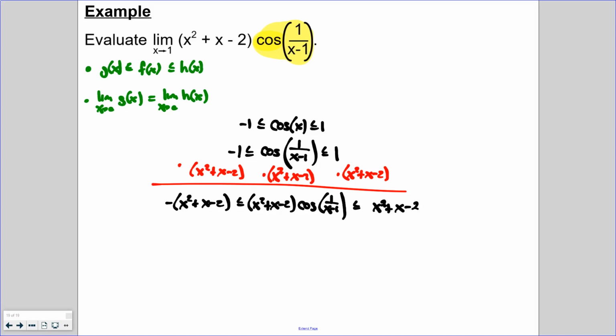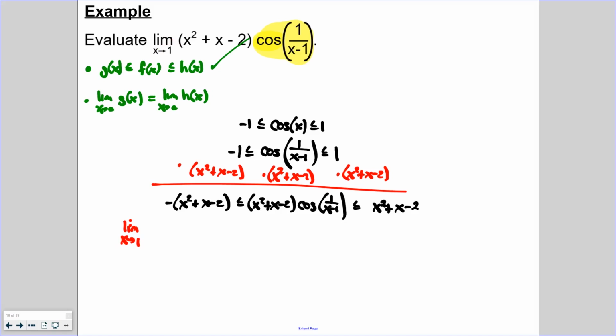All right, so now we've successfully built our function, which has in turn given us our lower function and our upper function. So now we just need to take the limit of both sides to make sure that our second condition is met. And we did meet the first condition, so let's make the check mark. All right, so now let's take the limits and see if the lower limit matches the upper limit. So we're going to have the limit as x approaches, what are we approaching? We are approaching 1